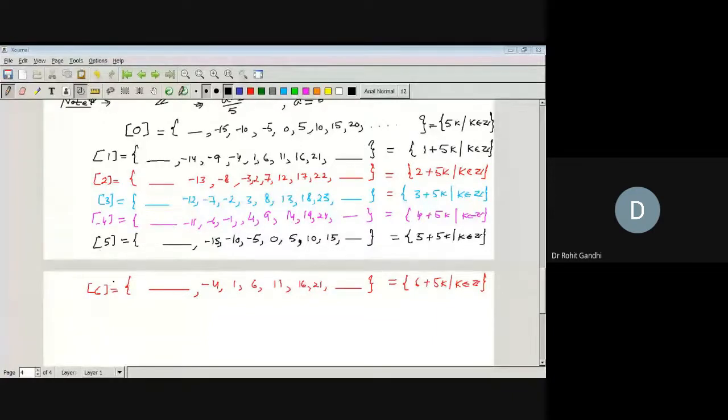Now what you observe is that there can be many other equivalence classes, right? If you observe these six equivalence classes, either two equivalence classes are similar to each other or they are disjoint to each other. या तो दो classes same हैं या वो दोनों disjoint हैं, right? Observe this for 20 seconds. ये जो चीजें मैंने लिखी हैं, ये सारी equivalence classes एक बार देखें आप.